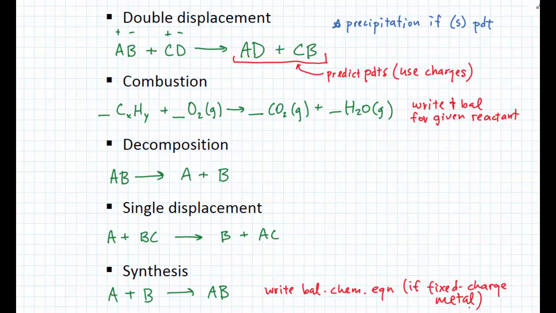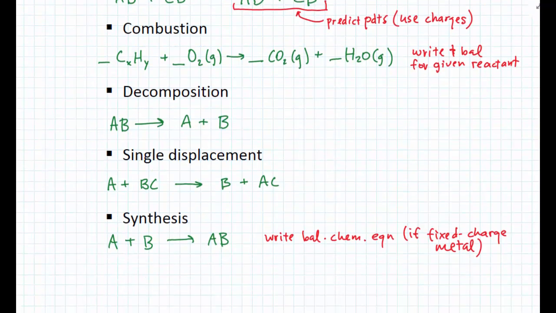But again, it doesn't have to be with oxygen. It can be really any two elements that are combining. If it's a metal and a non-metal, though, we should be able to write the product that's formed by them if it's a fixed charge metal. For all of these,